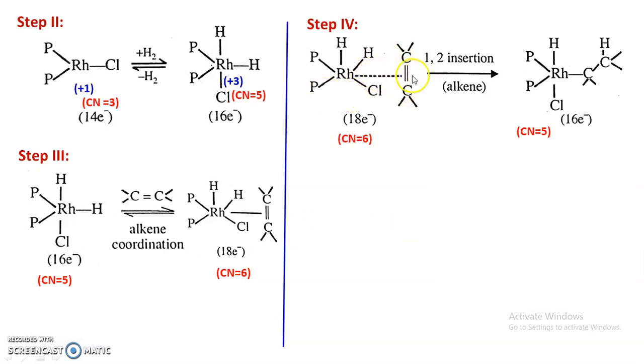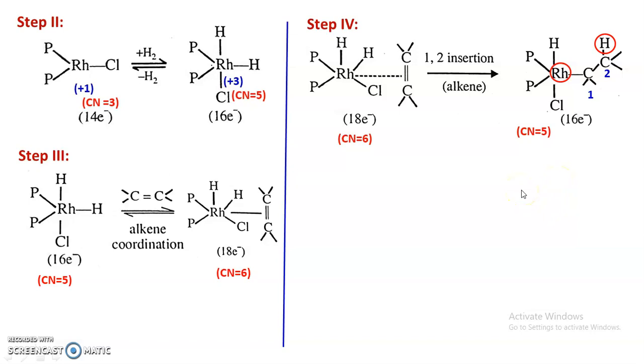So this is the pi coordinated, or this rhodium forms bond with both the carbon atoms because it is a dihaptic ligand. After 1,2 insertion, now rhodium forms the bond with one carbon, rhodium attached to carbon number 1, hydrogen attached to carbon number 2. So this is 1,2 insertion. One of the hydrogen is migrated to the second carbon, and rhodium is attached to the first. So it is the 1,2 insertion step,